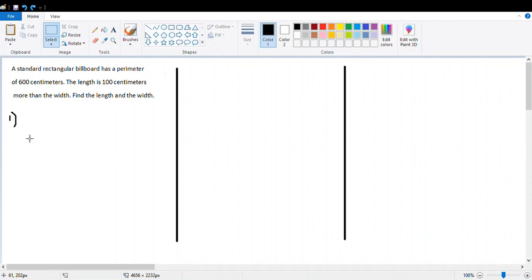A standard rectangular billboard has a perimeter of 600 centimeters. The length is 100 centimeters more than the width. Find the length and the width. Okay, then